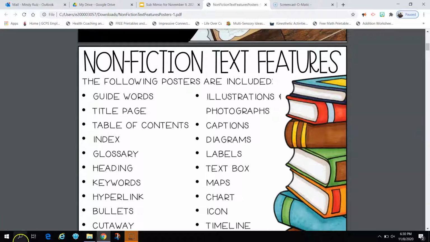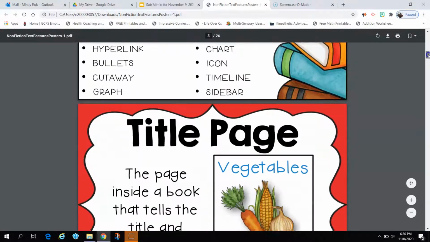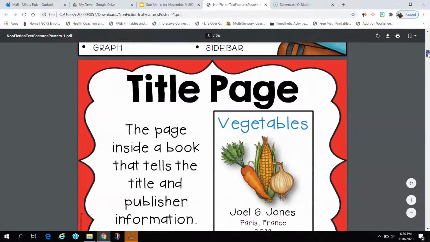If you look here, you can see all the different kinds of features that may be in a nonfiction text. Now, not every nonfiction book has all of these features, but as we read the nonfiction books this week, let's see if we can find any of these text features in the books that we are reading. So to start with today, I would like us to just do an overview of some of the nonfiction text